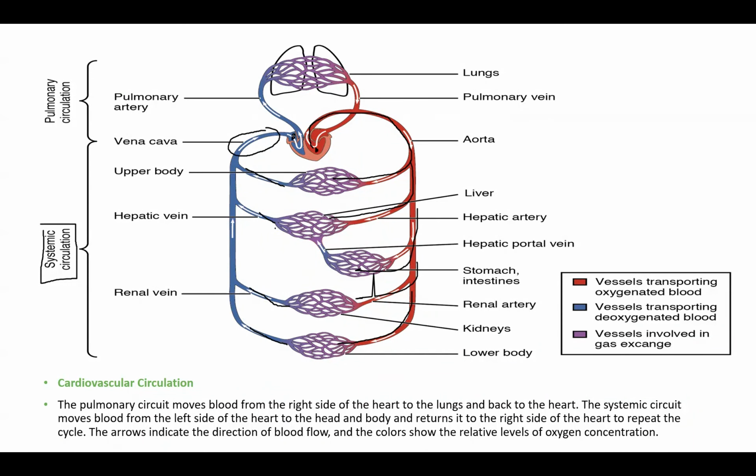right atrium. The red color over here is telling you this blood is oxygen rich, which means it has a lot of oxygen. After the oxygen exchange it becomes poor blood, which is deoxygenated blood. Now, this deoxygenated blood, or the poor blood, will go down to the right ventricle, and then it's going to be pumped into the lung. So the pulmonary circulation starts over here.